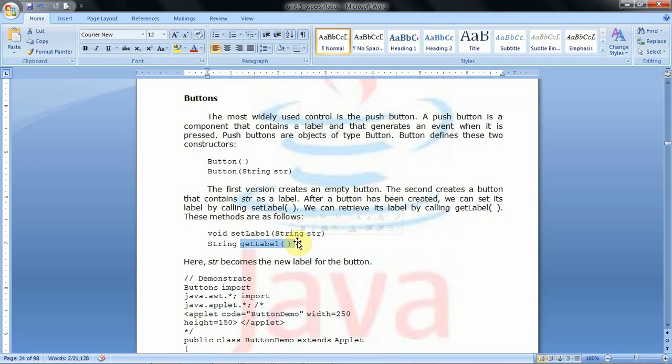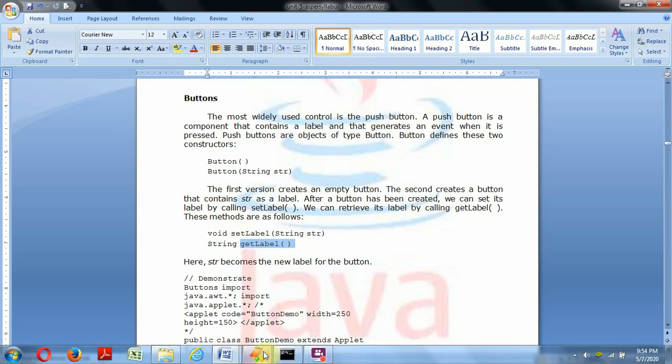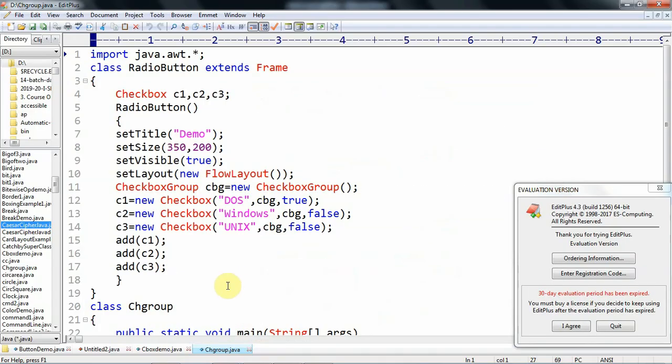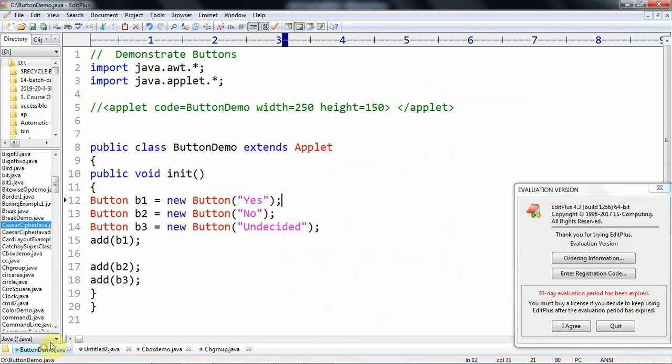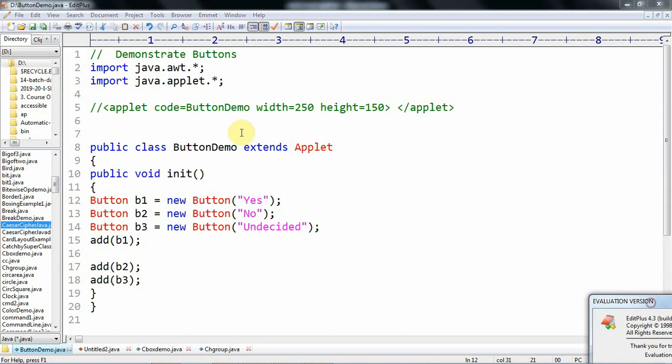Now we will see one example program for demonstrating these buttons. That means how to create the button, and how to add those buttons to the window. So this is the program I have written.